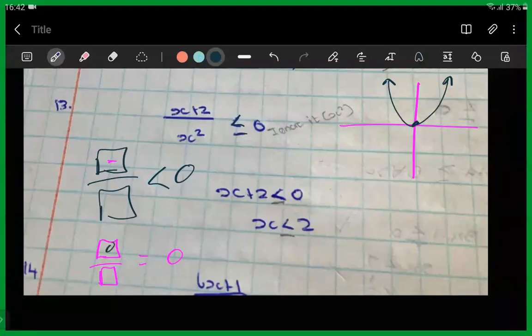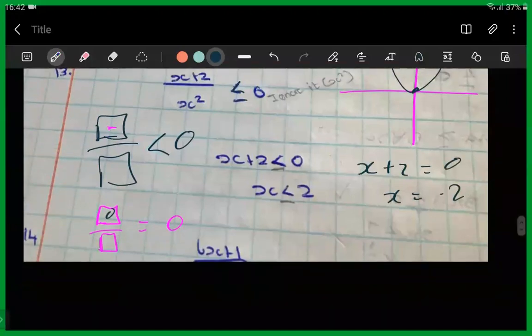You see, we just have to work with the top. We can work out where this is equal to 0. It's equal to 0 where x is minus 2, and then here we have to work out where the top is a minus, because if the top is a minus, that's the only scenario where our fraction is a negative. You see, so where is the top